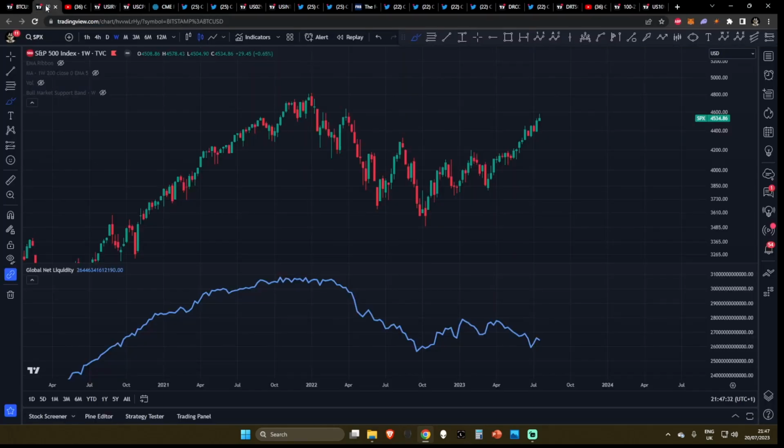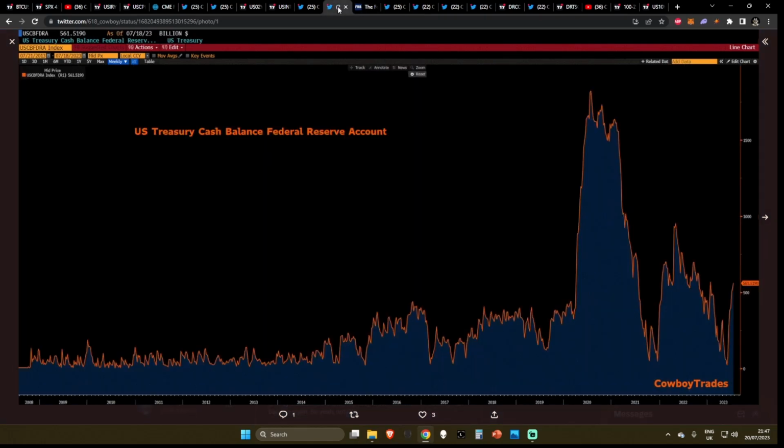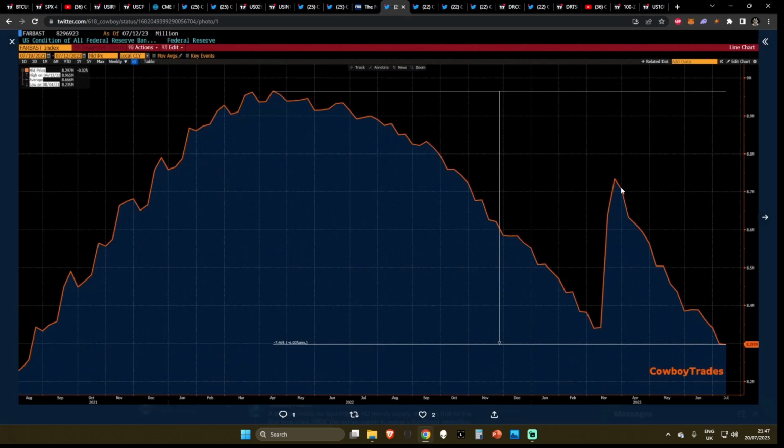This is why you're seeing this not really take a dramatic effect in global net liquidity whatsoever. And additionally, this is also not quantitative easing. If we come over to the total Fed balance sheet, not just looking at their treasury cash balance sheet, you can see this was the spike in which liquidity was provided following March when the SVB crisis happened.